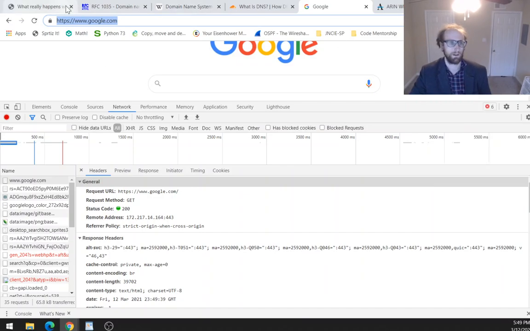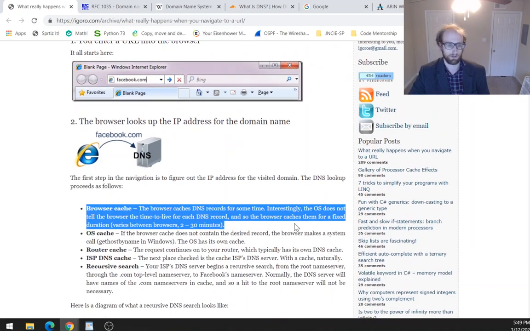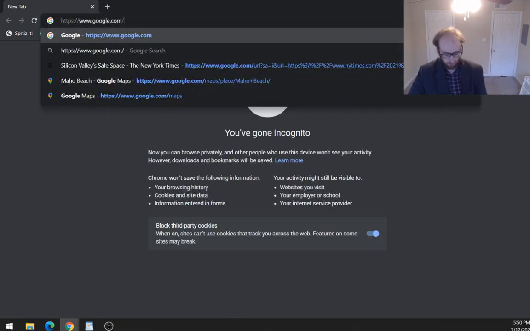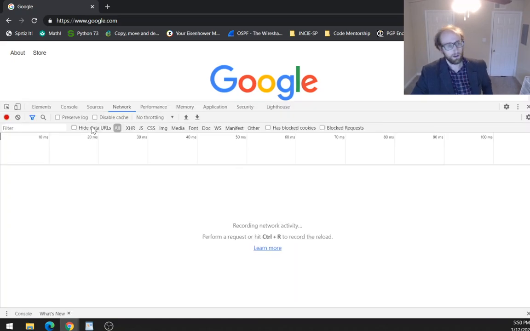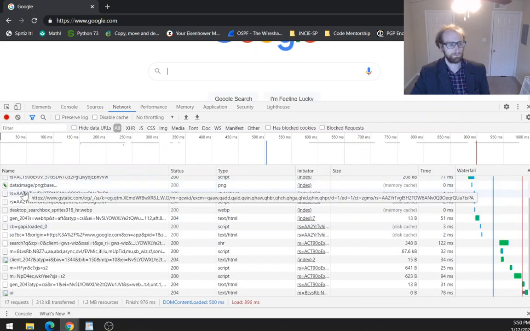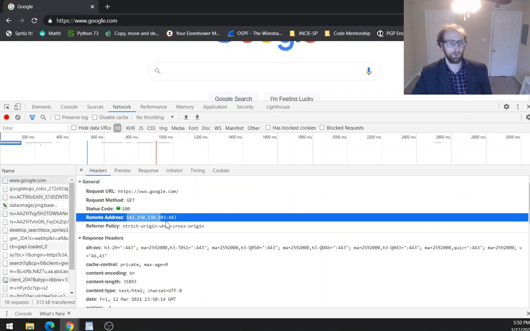And we saw that in the blog post. So what really happens? First thing it's going to do is look at your browser cache. So it's not going to give me a different address for Google because I've already got one in my cache, and that is the only one that I need. But for the purposes of demonstrating the fact that Google actually does have more than one address, you can see here I opened up an incognito tab, which isn't going to save a cache. And sure enough, now I've got a new address for Google,